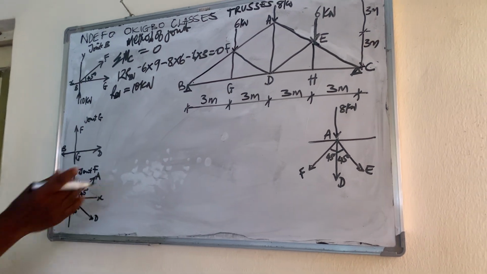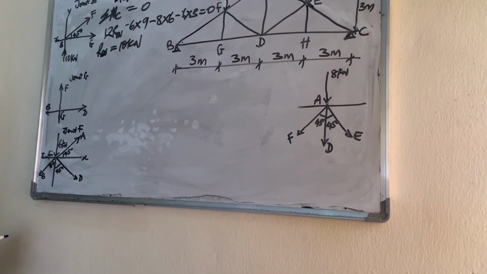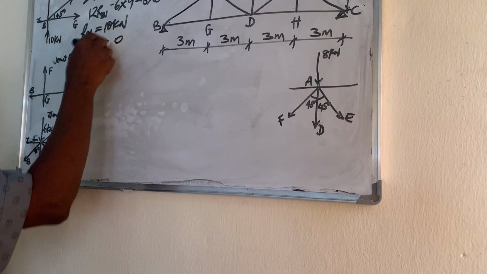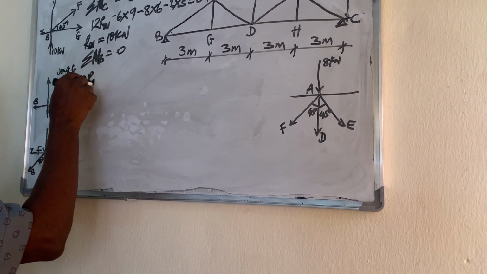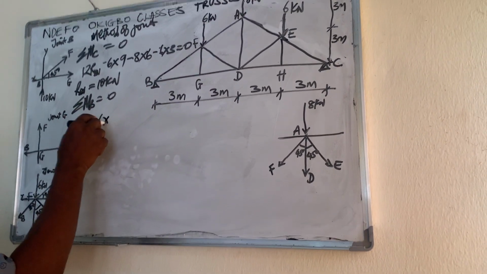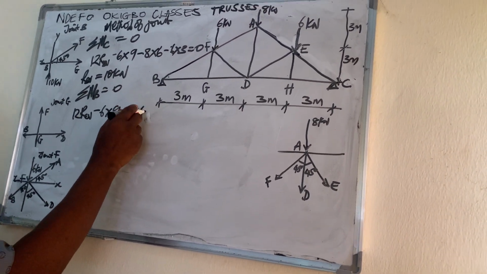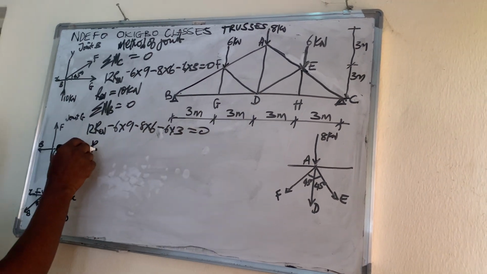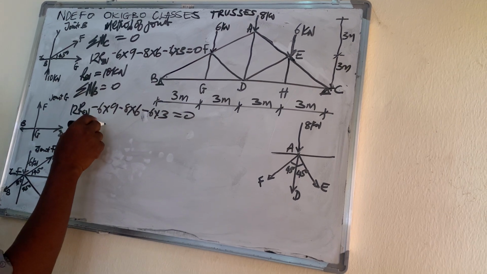So the next one is to find RC vertical. I take moment about B, total moment about B is equal to 0. The same way, 12 RC vertical minus the first one, 6 times 9, minus 8 times 6, minus 6 times 3 equal to 0. So the same way, RC vertical will give 10